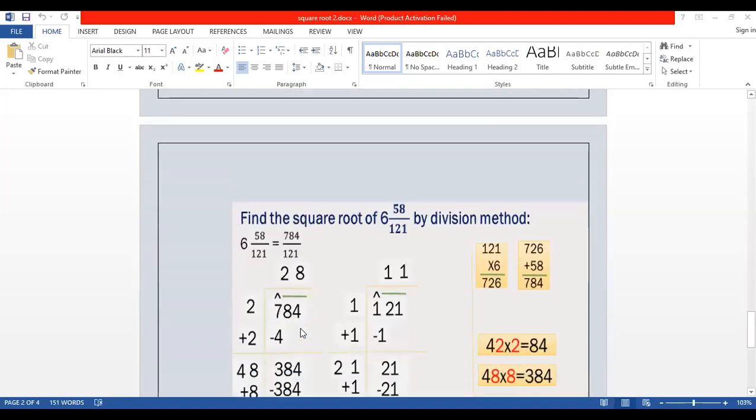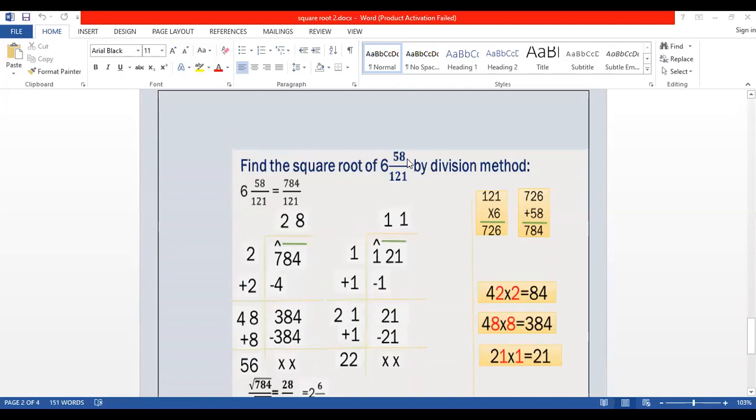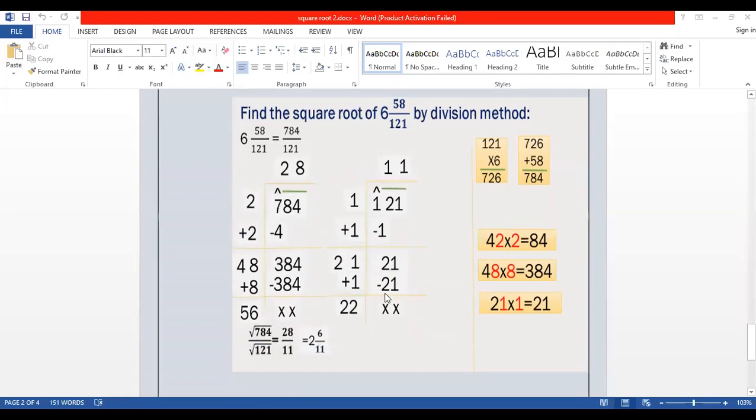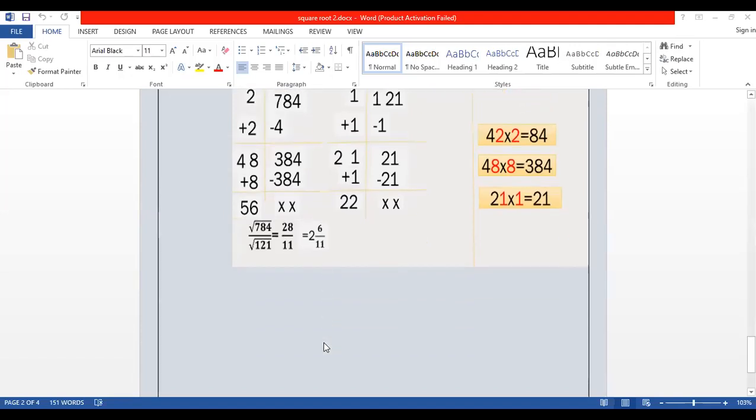Here the question is of mixed fraction given to you. First of all, you have to convert it into the improper fraction. Then you have to solve the numerator, and then you have to solve the denominator like this. Clear everybody? And then you have to draw the rough column like this, right? And then in the end, you have to mention the question. Then you have to write down the numerator and the denominator, and then if the answer is an improper fraction, you have to convert it into the mixed fraction.